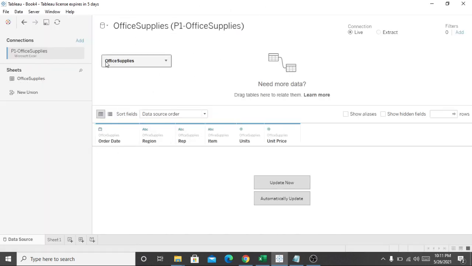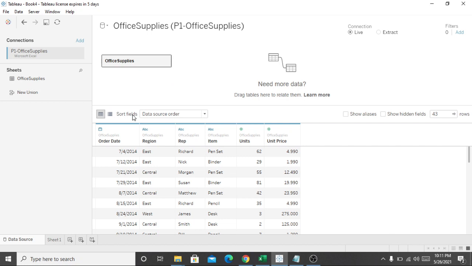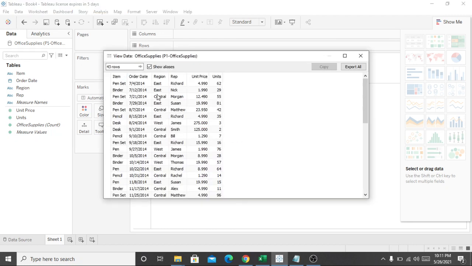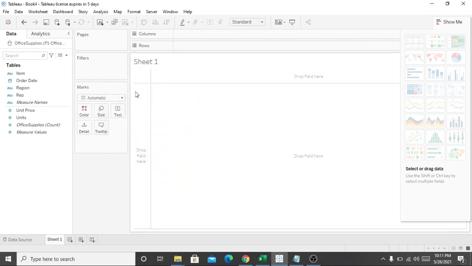So we got a file. Let's go to the data and see what it has. Let's go to Sheet 1, the data content. We could see it has items, order date, region, representative, unit price, and units sold. So that's what is in it. You can see over here there are two things: measure values